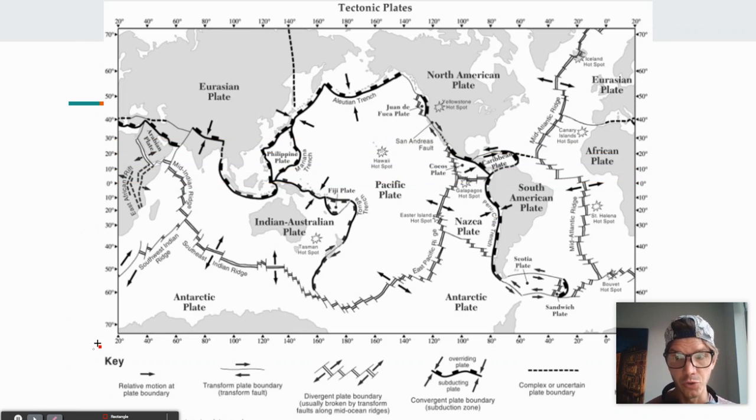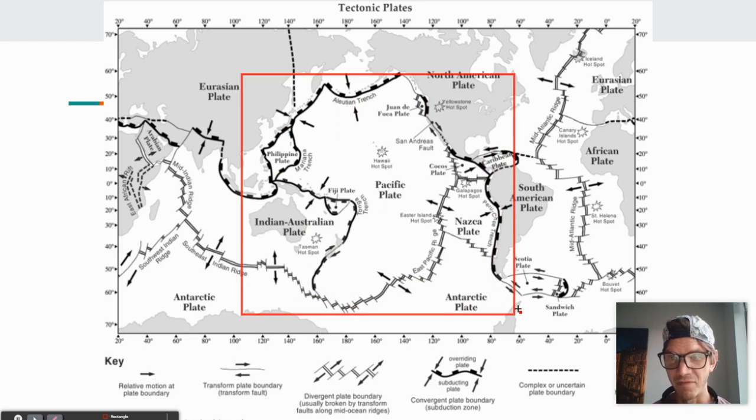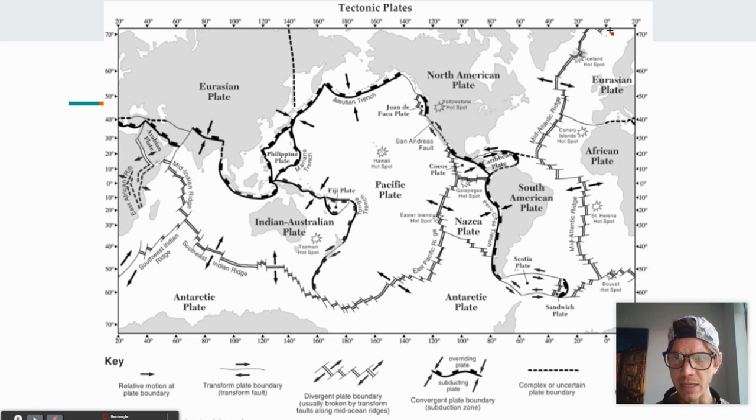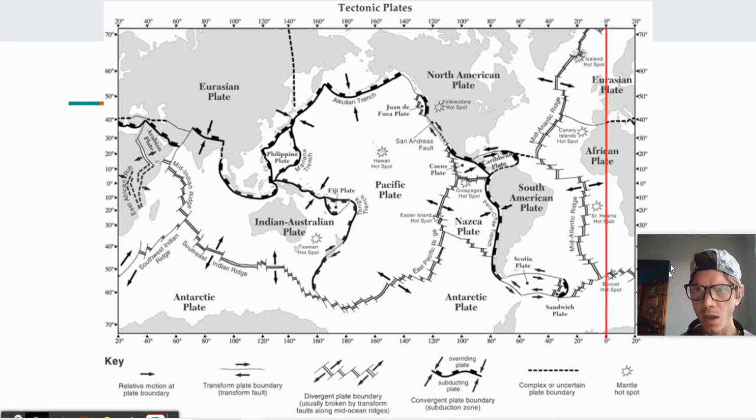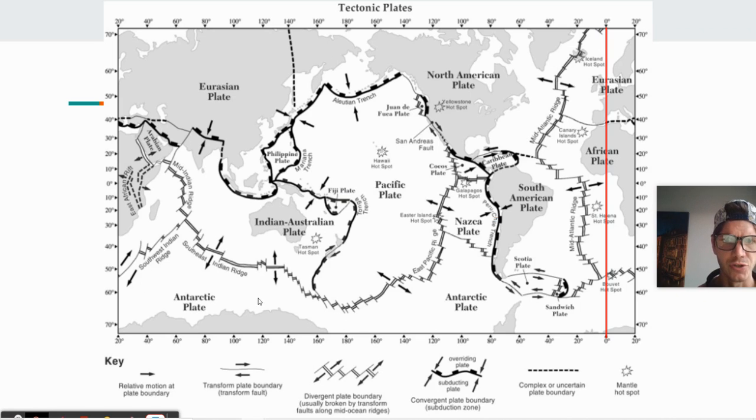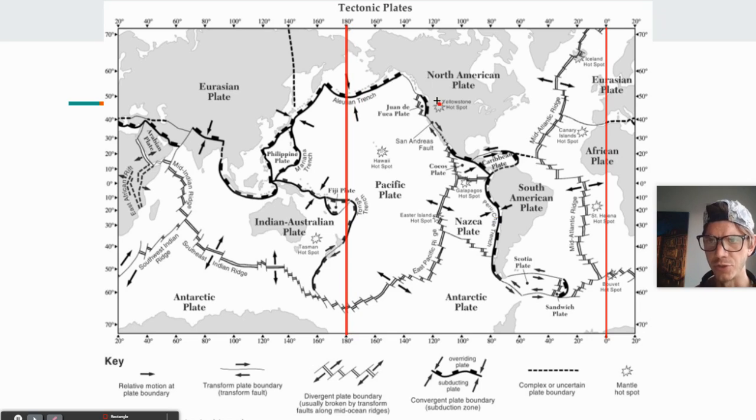Now, lines of longitude are a little bit trickier because it's not the main feature in this map. The main feature is the ring of fire that we see around the Pacific Ocean. So the prime meridian is in a kind of peculiar spot. It's all the way over here on the right side of the map. And the rest of the lines of longitude, like our international date line, 180 degrees, is all the way over here. All right, so here's 0 and 180 degrees,